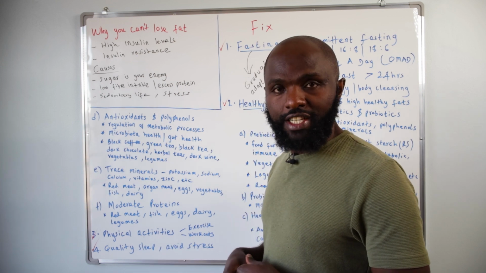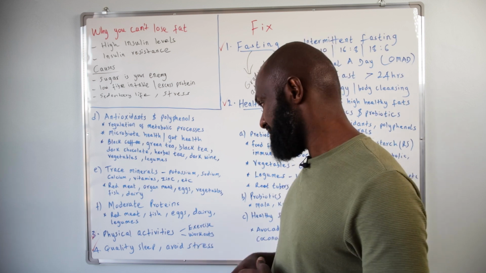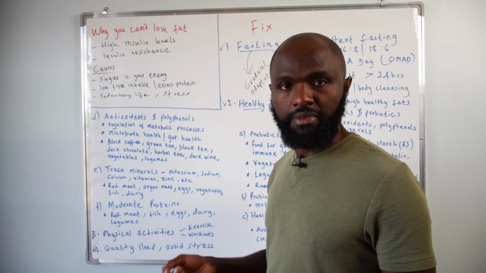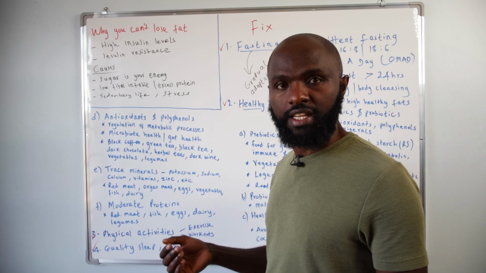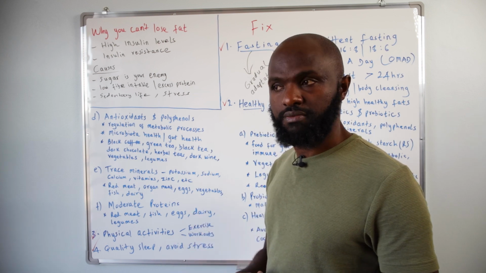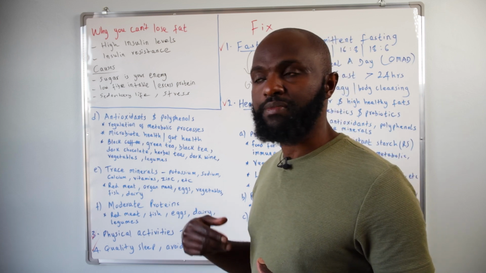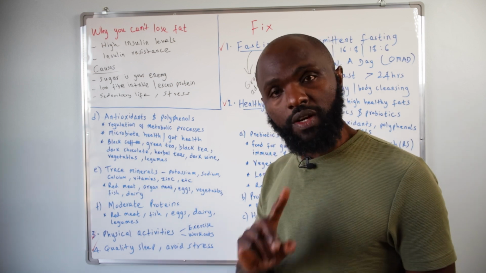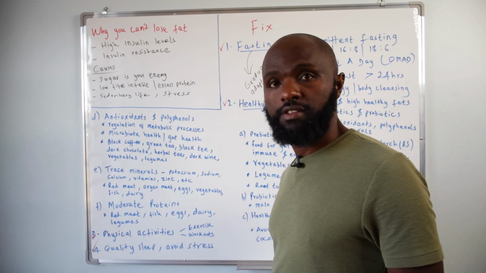A healthy diet should also contain a moderate amount of proteins such as red meat, fish, eggs, dairy, and legumes. Unless you are a bodybuilder or an athlete who may require more proteins. An average person doesn't need excess proteins. Being physically active will improve various health parameters in your body. You require quality sleep. This is underestimated. Quality sleep and avoid stress.